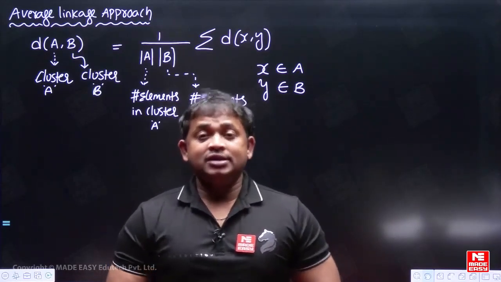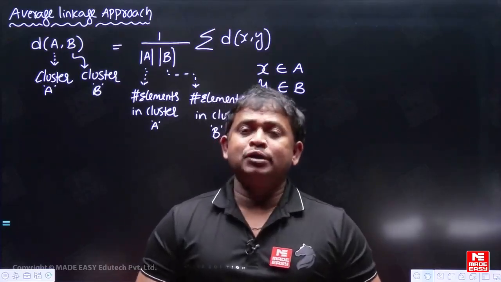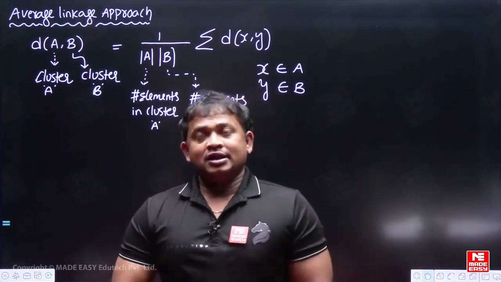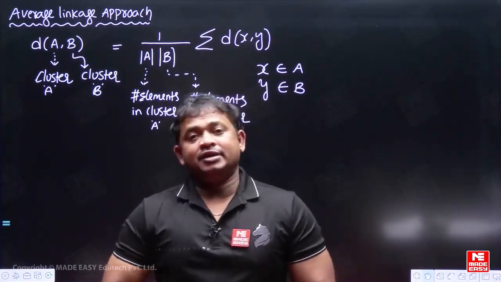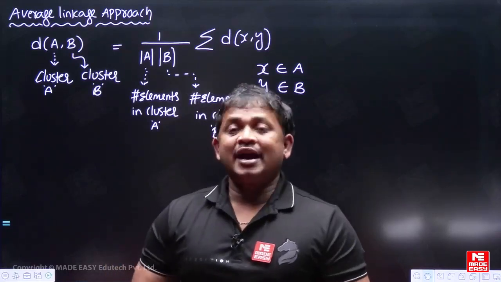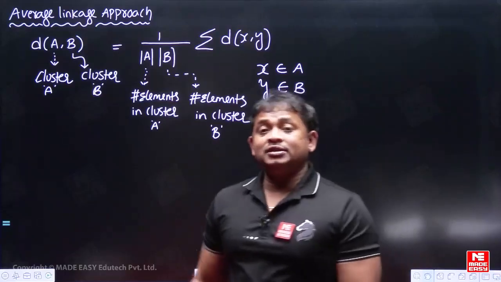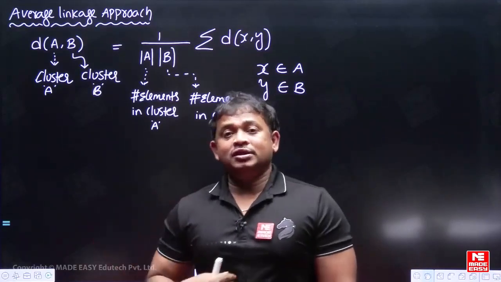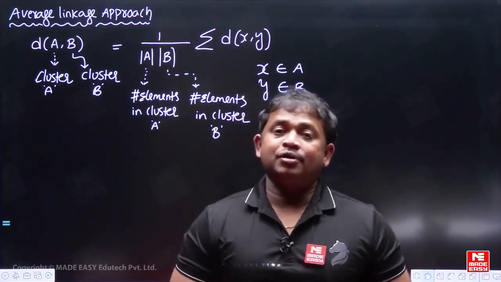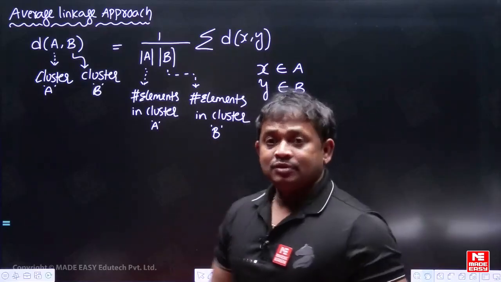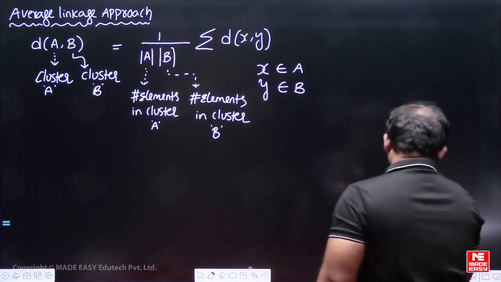In a similar manner, let us take one sample example to identify the clustering by using average linkage. So average linkage means we are taking the average distance, that means summing all the distances divided by the total number of pairs in the cluster, right? Okay, now take the